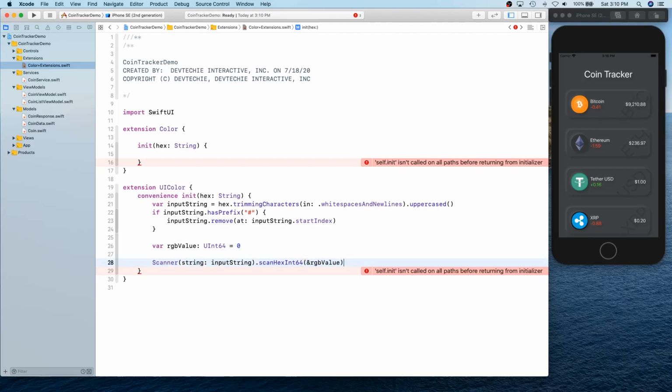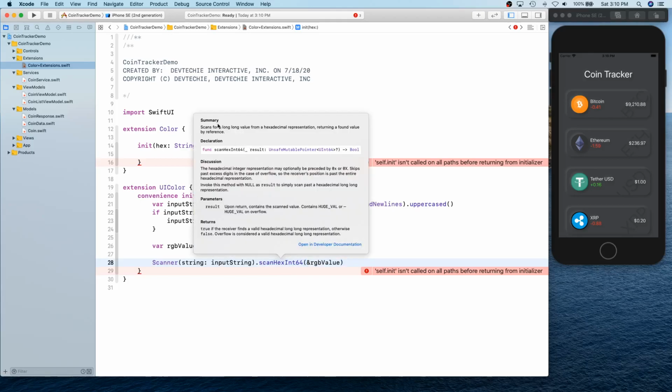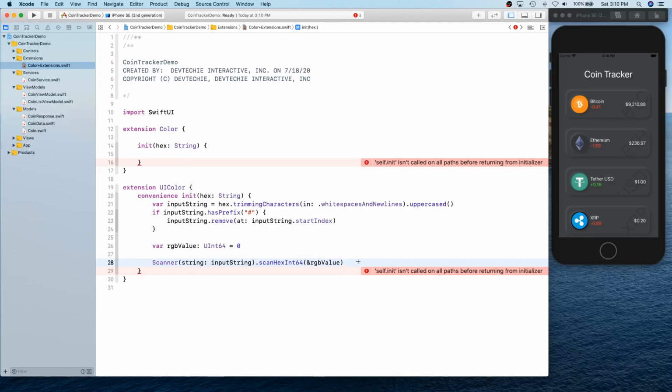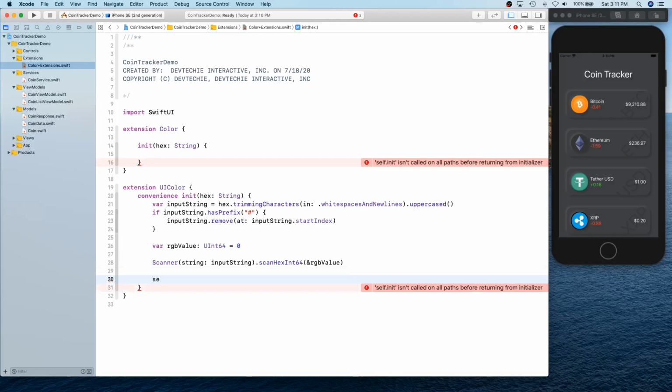Okay, so it's basically an in-out variable, a reference we are passing in for RGB value, and the scanner is gonna scan and give us that. So if you look at the output format, it scans for long values of hexadecimal representation and returns a found value by reference, right? So you get that value back, and then you can actually operate on that value by simply saying self dot init,